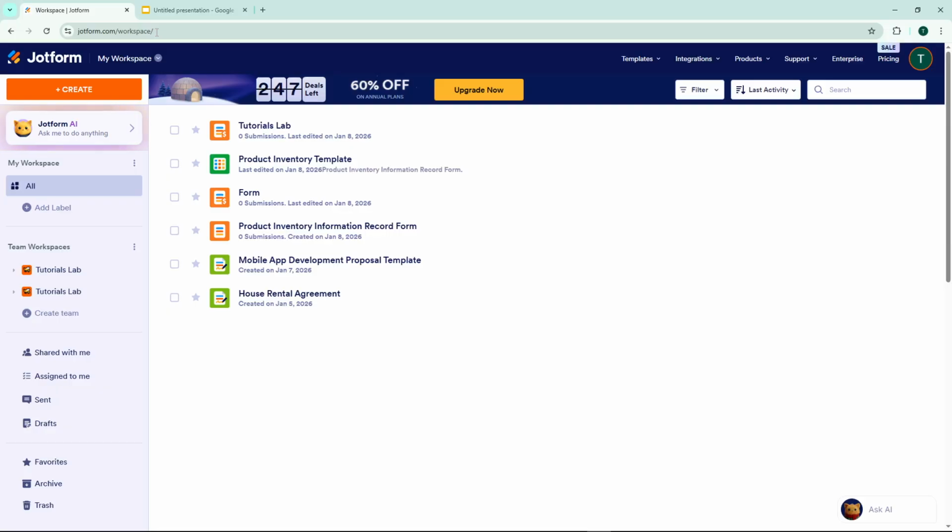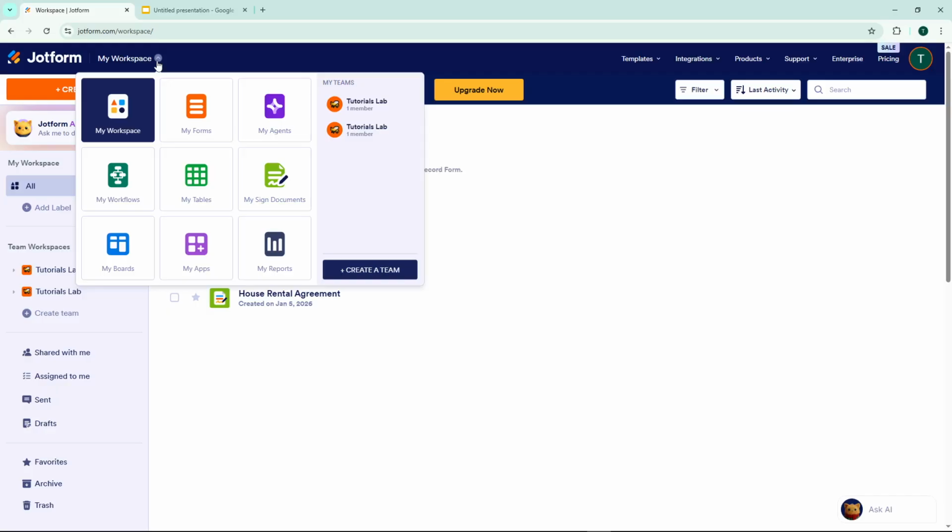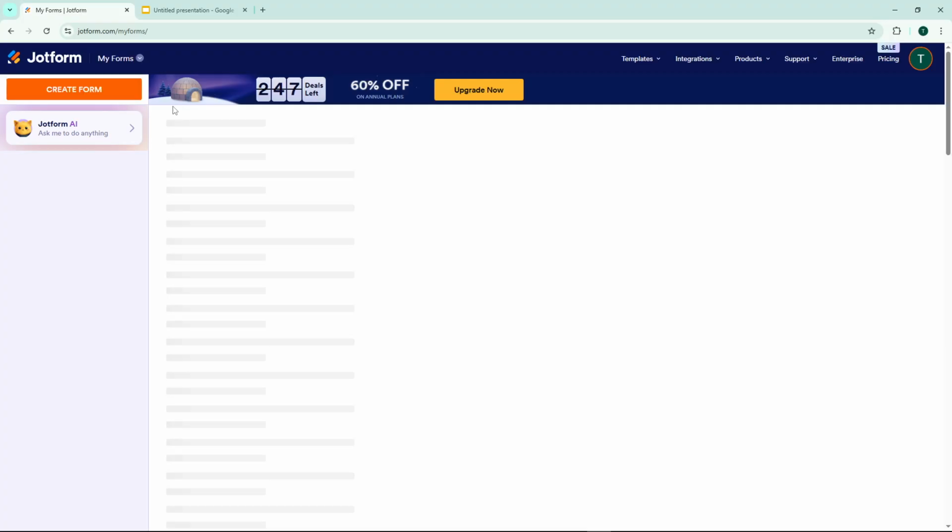After logging in, look toward the upper left corner of the page where you'll see My Workspace. Click on that, and from the drop-down menu that appears, select My Forms. This will take you to the area where all your existing forms are stored and where you can create new